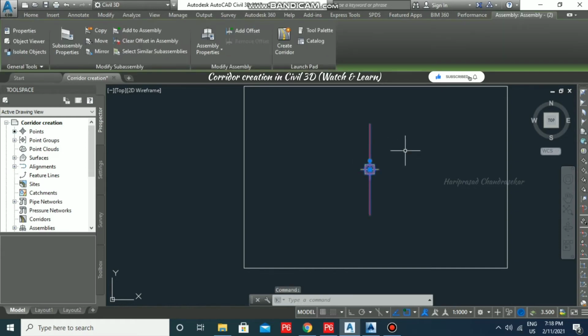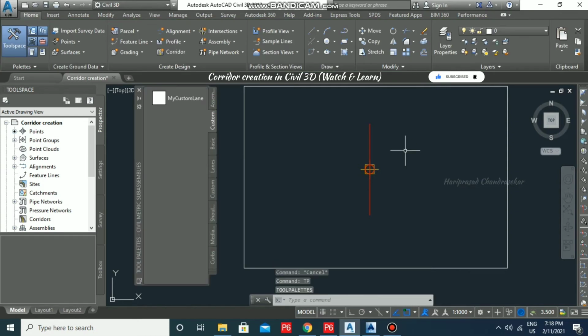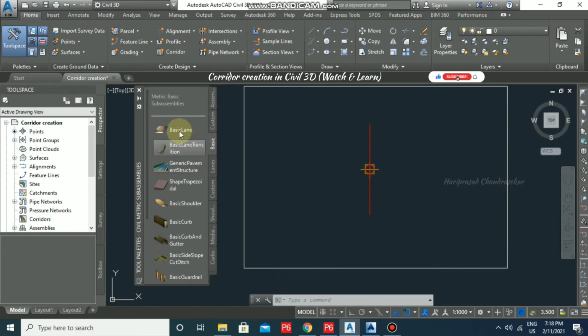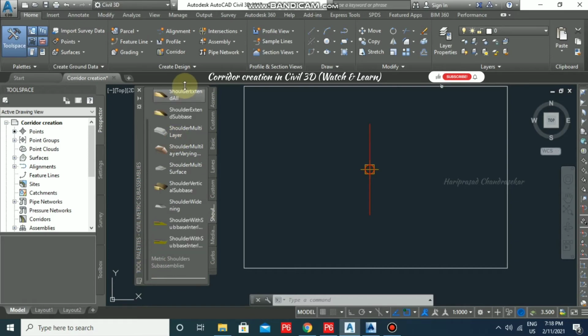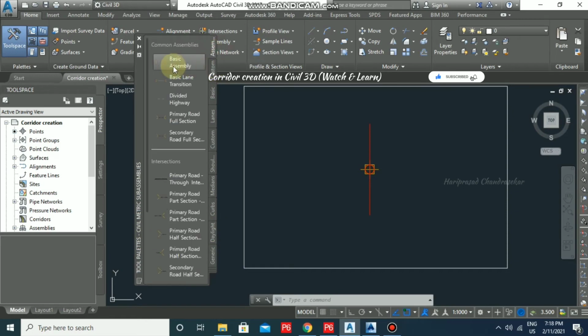Now we can go for tool palette. So TP enter, and there we can go for default assemblies. Here we will have default assemblies, and we can go for basic lanes, shoulders, and daylights and everything. So now I'm going for basic assembly.